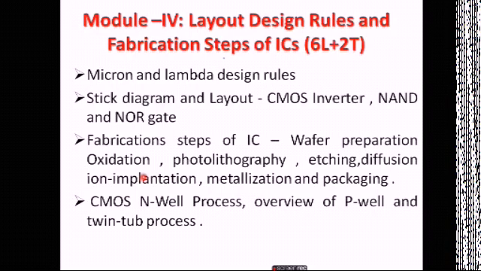Why? Because of its abundance in nature, and more importantly, its native oxide, which is most suitable for IC fabrication. That is silicon dioxide. It is a very important oxide that is suitable for IC fabrication. Almost 90% of the electronic circuits fabricated worldwide are being made with silicon using the CMOS technology. CMOS technology is the most popular technology because of its low power and less area requirement.